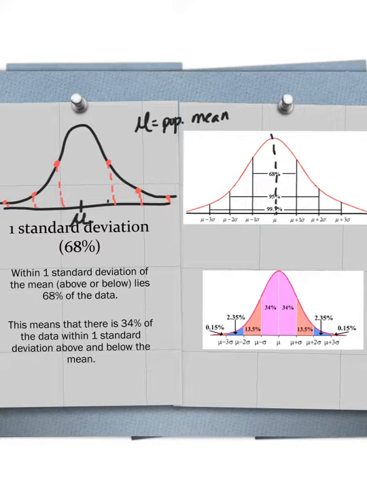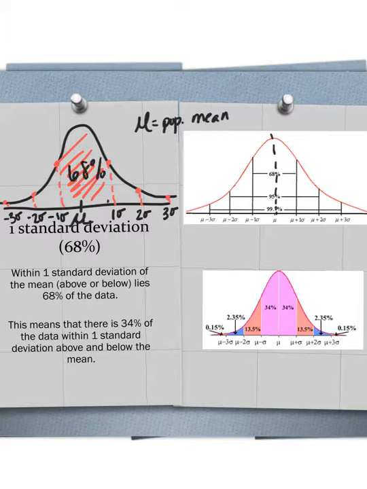And here's how this works now. We're interested in, here's 1 standard deviation away from the mean, and it's positive because it's above the mean. 2 standard deviations, 3 standard deviations. Here's -1 standard deviation, -2 standard deviations, -3 standard deviations. Well, if we know, again, that the distribution is normal, and if we know the mean of the curve, and if we know the standard deviation of the curve, we can approximate the amount of data falling within these different curve areas. So for instance, inside of here, this is 1 standard deviation to the left and 1 standard deviation to the right. Within 1 standard deviation to the left and right is